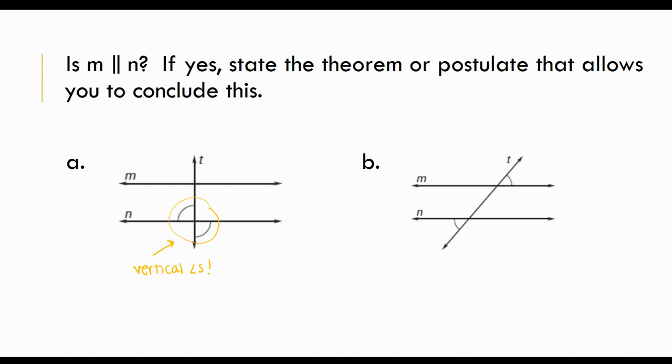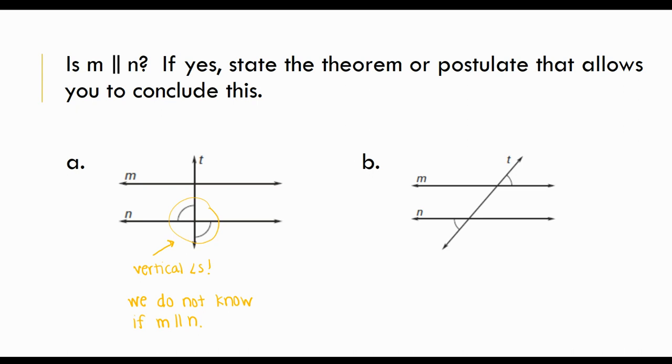Notice that those vertical angles have nothing to do with line M. So yes, those two angles are congruent, but because vertical angles are congruent, that doesn't necessarily lead me to parallel lines. This one I cannot say. So we do not know if line M is parallel to N. We're done. We can't state a theorem or a postulate because vertical angles will not allow me to conclude